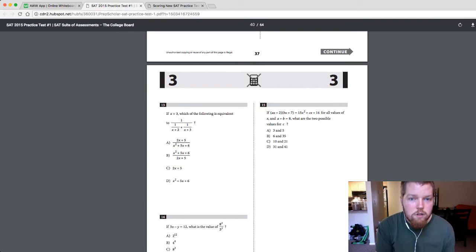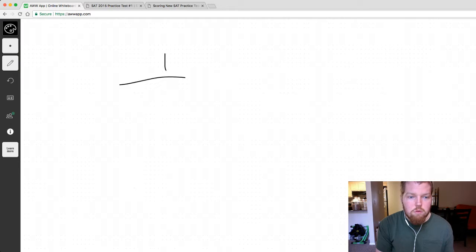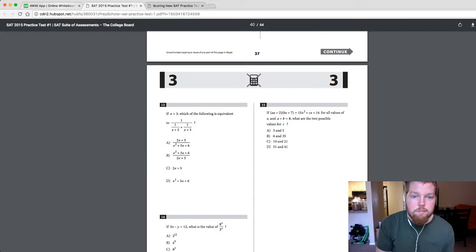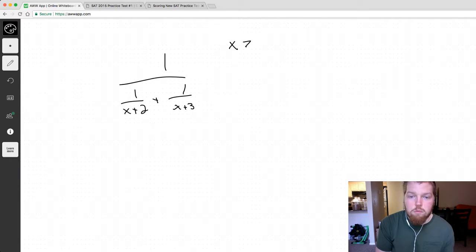Alright, so in this instance, if I was trying to solve this problem, one over x plus 2 plus 1 over x plus 3. It says if x is greater than 3, which of the following is equivalent? So if x is greater than 3, one possible solution is x equals 4. So let's plug in 4. We get 1